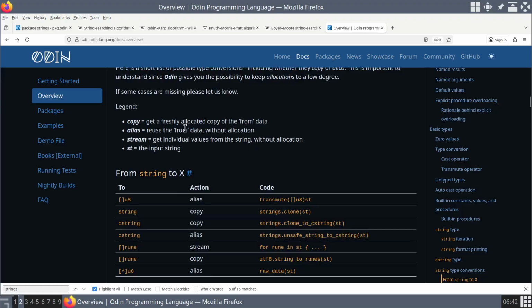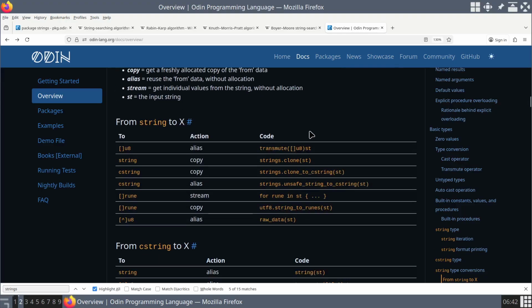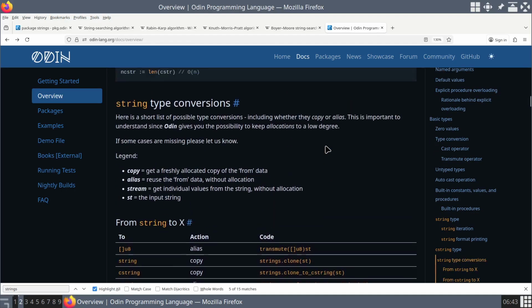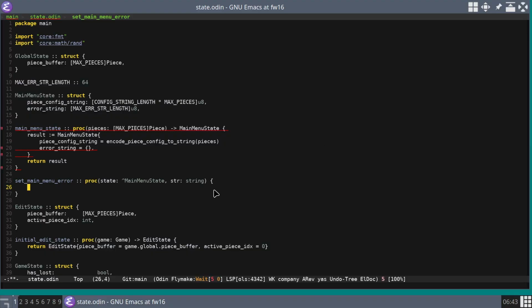Alias copy. What's an alias? Reuse the from data without allocation. What that's doing. Right. Set main menu error. It's going to take a string, so I want to be able to pass in just a compile time known string. Do we just mem.copy it over? If I go,